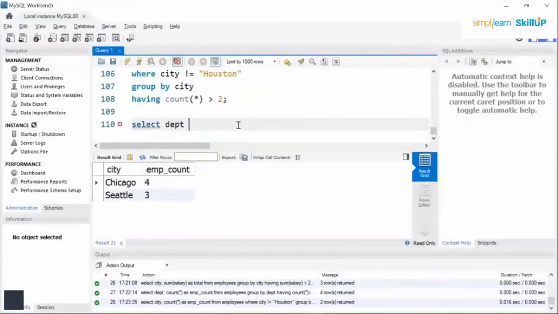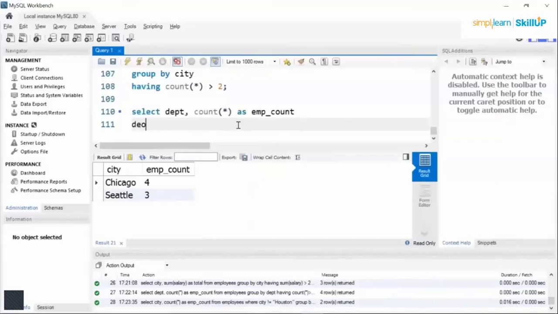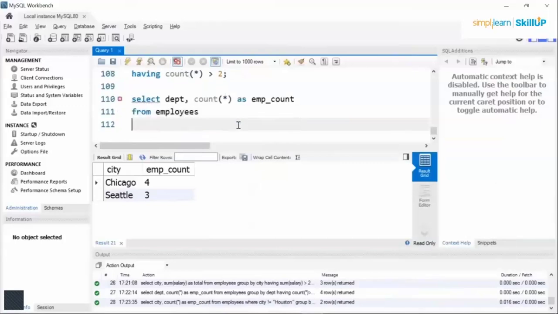So select department, comma, count star as EMP count from employees group by department,